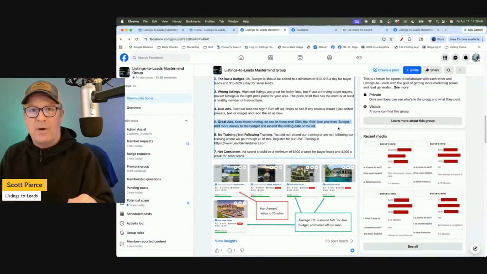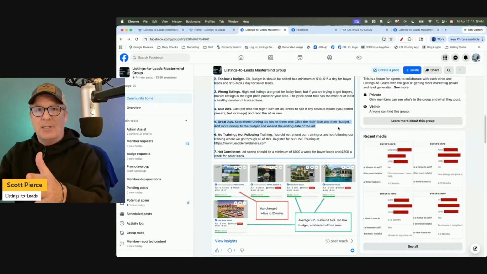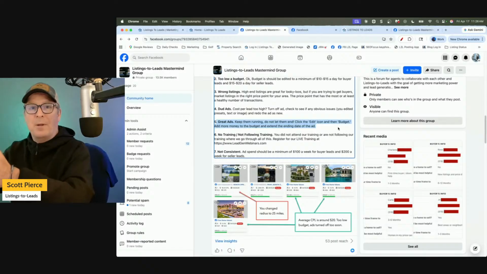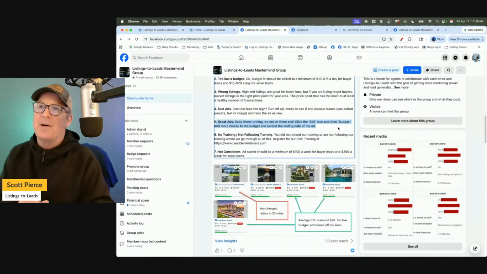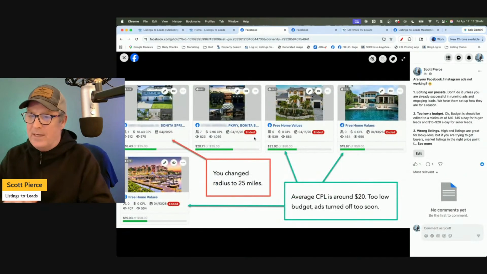Again, this is part of follow up, because now we've got an ad, we got the questions that are going to help us engage the lead at a higher level, and we've got more people to follow up with. When you think about Facebook ads, both buyers and sellers, you really should be engaging 10 to 20% of the leads. If you're not, then you're not generating enough. If you're only generating 7 leads a week, and 10 to 20% engagement should be where you're at, you're even below 1, maybe 1 a week. That's not what I want.